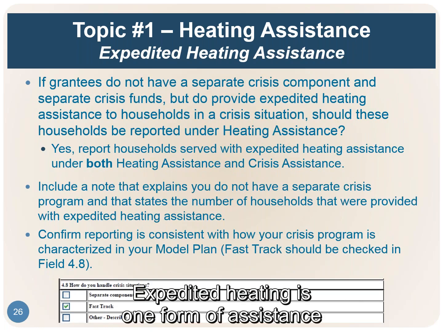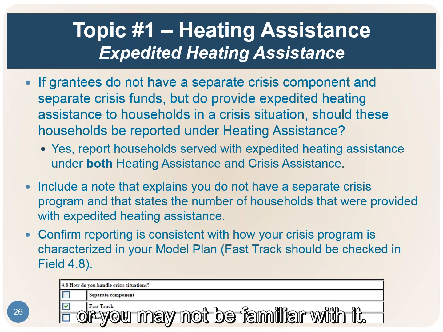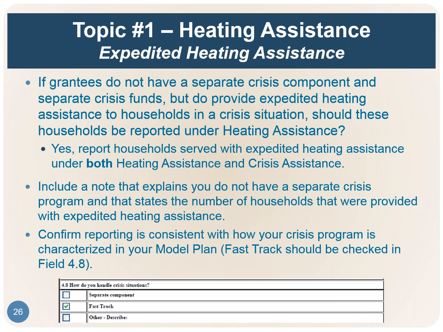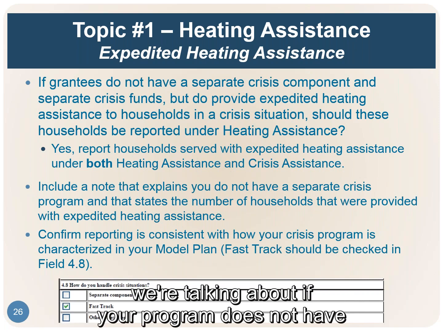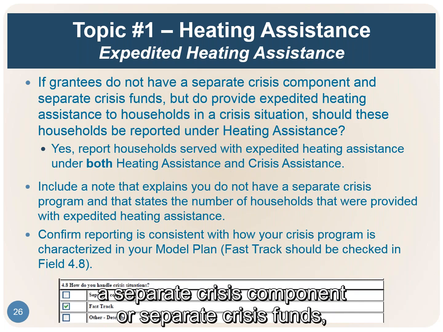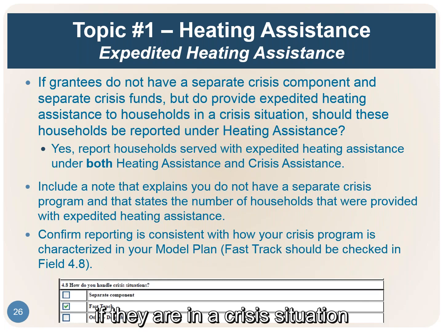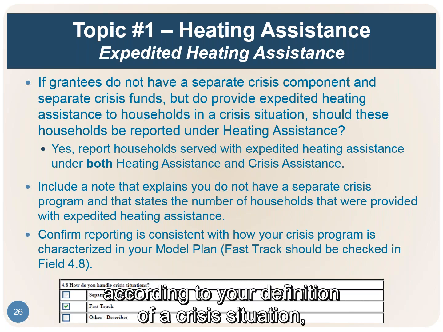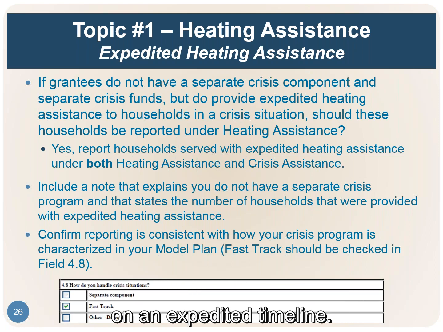So expedited heating is one form of assistance that certain grantees provide, so you may be familiar with it or you may not be familiar with it. Expedited heating assistance, when we're speaking about that, we're talking about if your program does not have a separate crisis component or separate crisis funds, but when somebody comes in and applies for assistance, if they're in a crisis situation, according to your definition of a crisis situation,